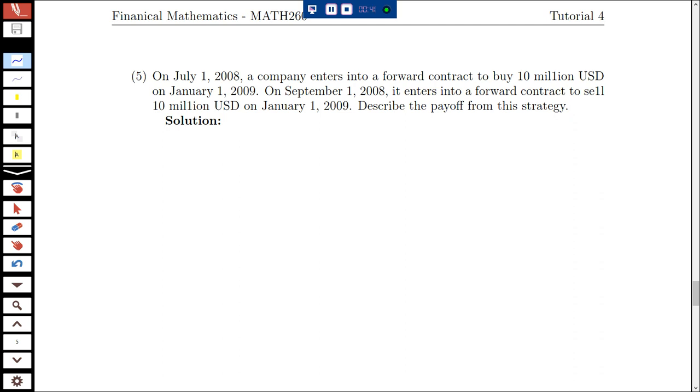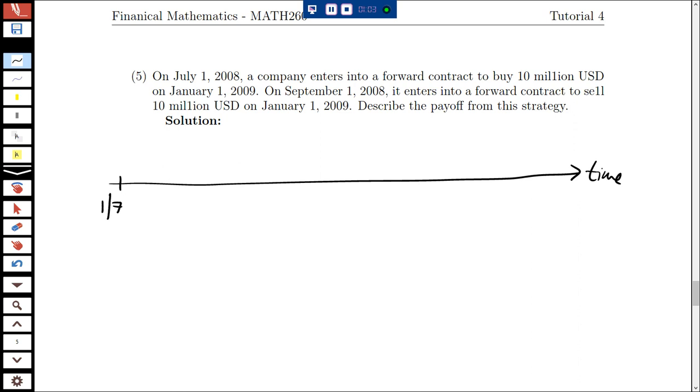Okay, so my first feeling on this question, there's too many dates flying around, so I'm going to build a timeline. Let's deal with the first date, the 1st of July, I should put the year on there, 2018. Company enters a forward contract to buy 10 million US dollars. Okay, so there's a long position